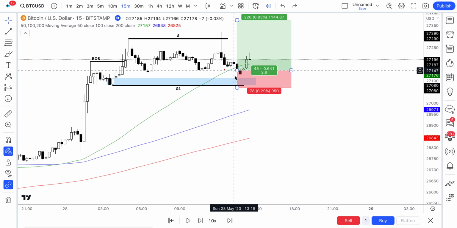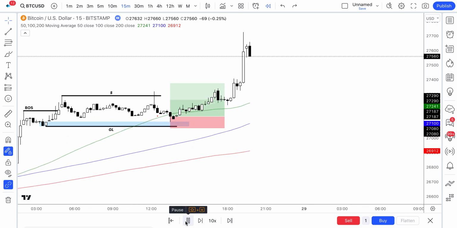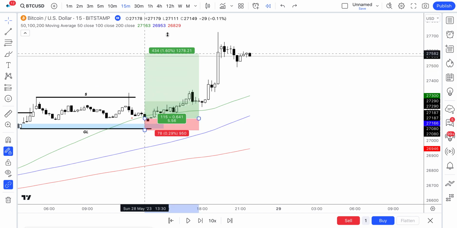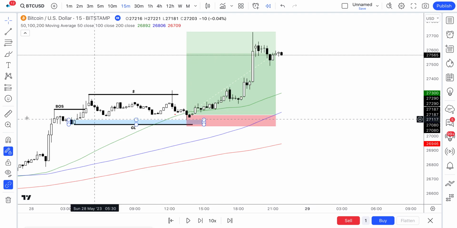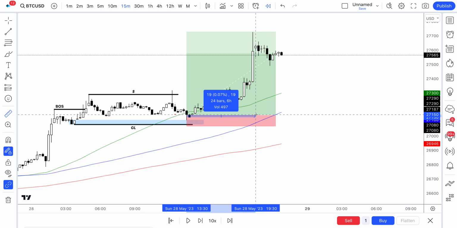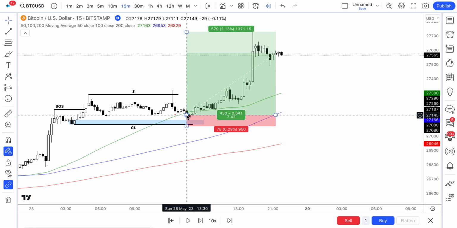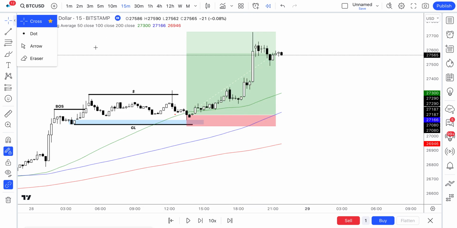27,145. That's our entry. Stop loss at 27,069 there, and then we're looking for continuation. So let's play this on. And you can see, around a 1 to 7.4 was smashed within, let's have a look, within about 24 candles. Okay, so, from entering this trade at 1:30, up until 7:15 p.m., price moved a 1 to 7 risk to